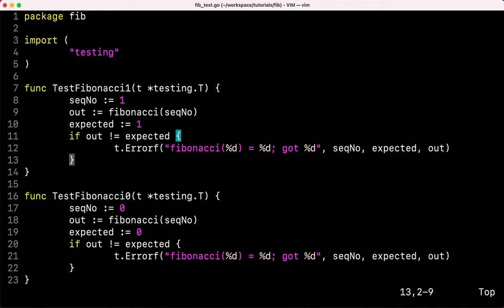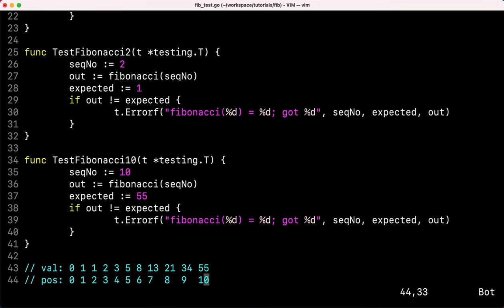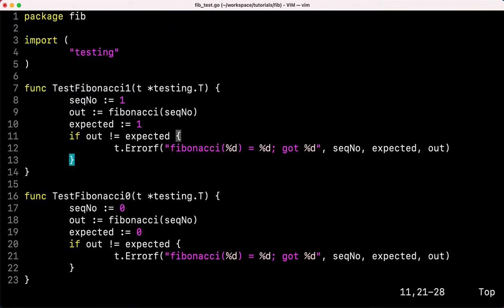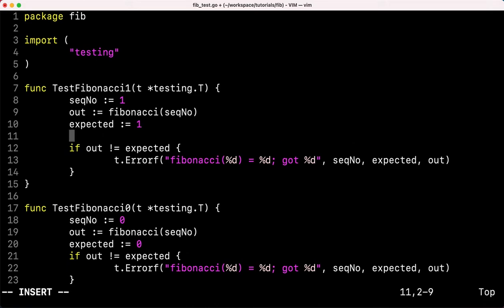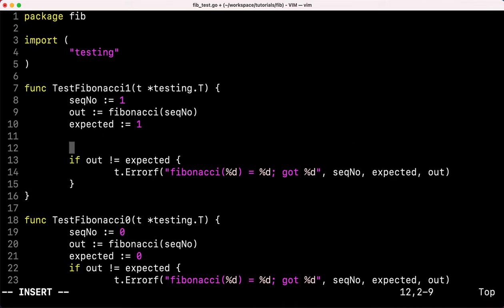in that way. So you don't have to duplicate all the code like this. How are we gonna do that? So we know that we have a bunch of input values and output values. So we're gonna define the test cases as a slice of structs,